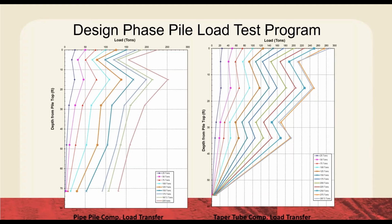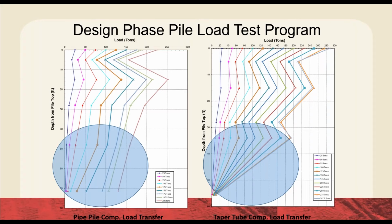So next, we're going to look at the actual load transfer information that we obtained during these compression load tests, looking at how the load was distributed within the pile. I think that the key takeaway here is the load transfer within the taper. The taper was 25 feet long, so above that it was all just standard 16-inch pipe, on both pile types. But what you can see here is that the taper tube is really shedding all the load along that tapered section,